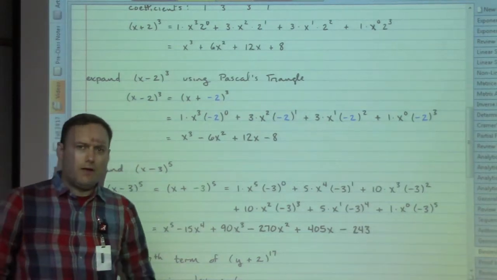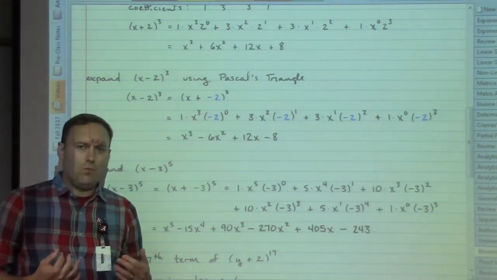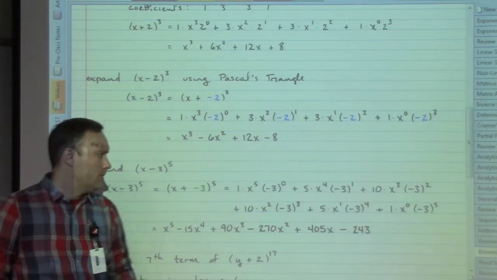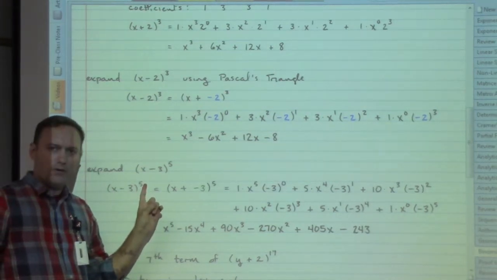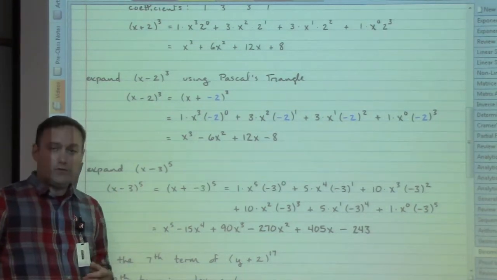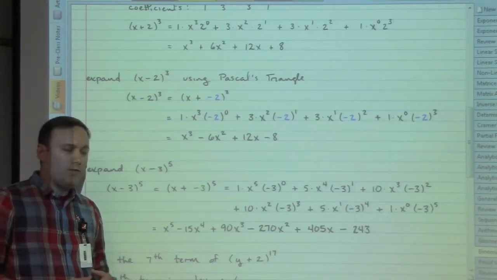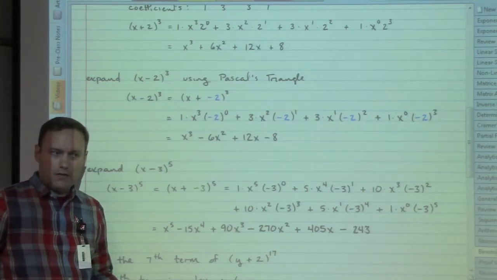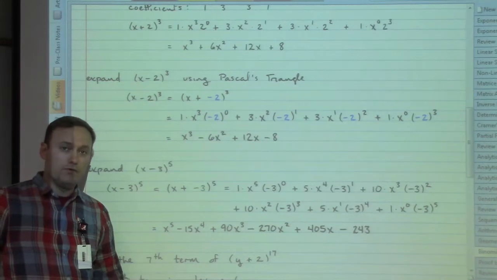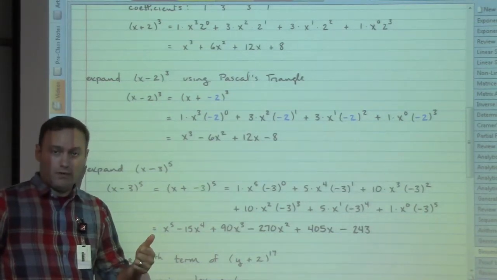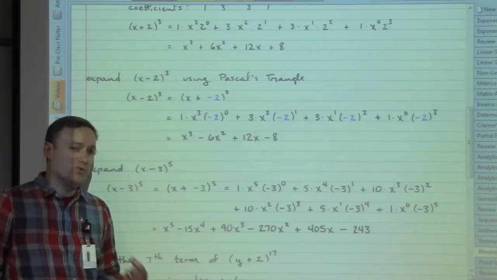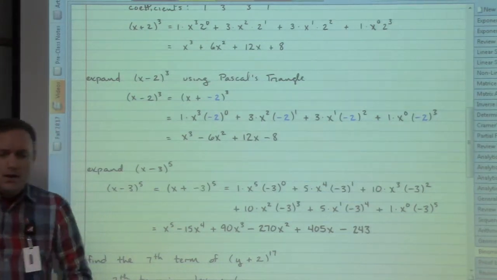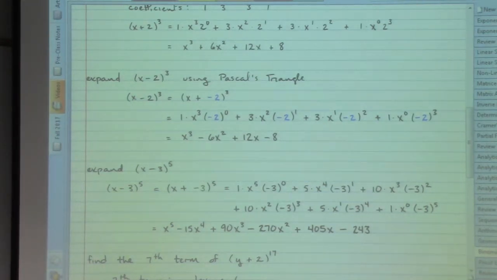When we expand our binomials, we always get one more term than the power that showed up. So for instance, if we had a power of 23, then the total number of terms would be one more than that, 24 total terms. That's something we might need in certain kinds of problems, but so far the examples that we've had rely on